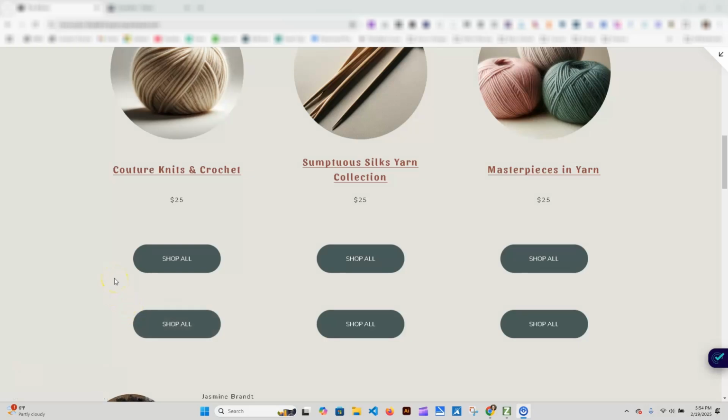Oftentimes what I see though is when there is a hover effect and you hover over it, the text disappears into the button. Whether this is something people aesthetically like or it's just something that they missed and didn't realize that they did, but this one is a white background with a very, very, very light cream text color. So this would fail. Our first button there, the initial inversion, passed as I mentioned for today's test.